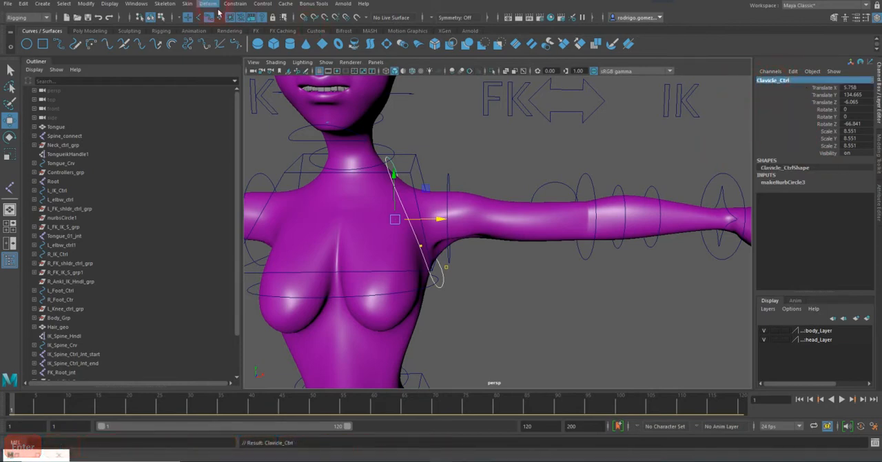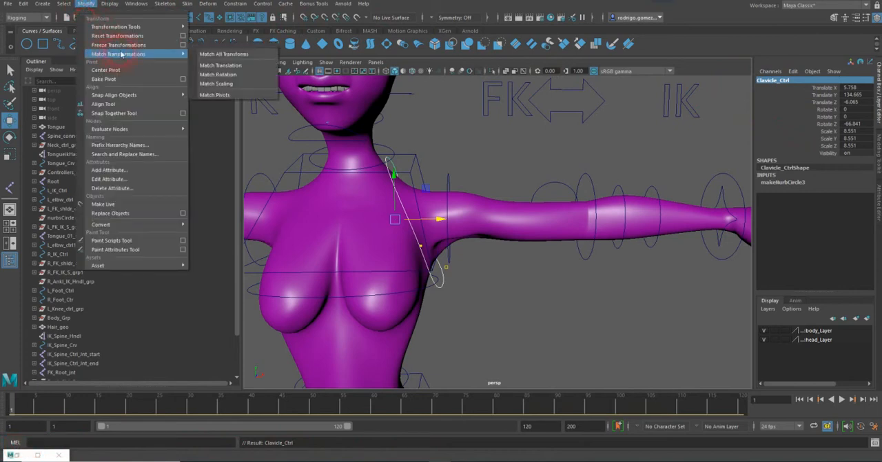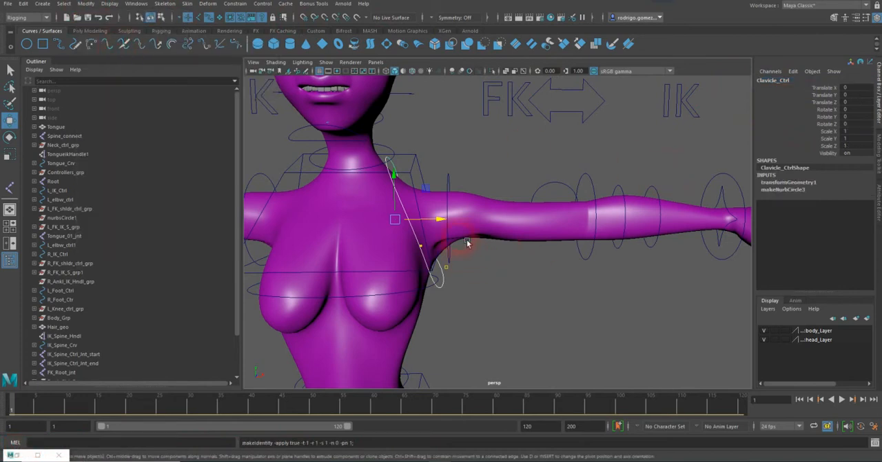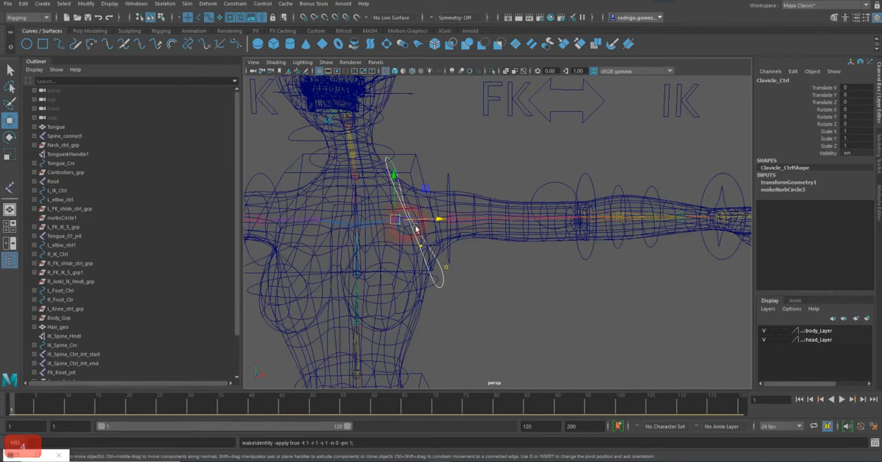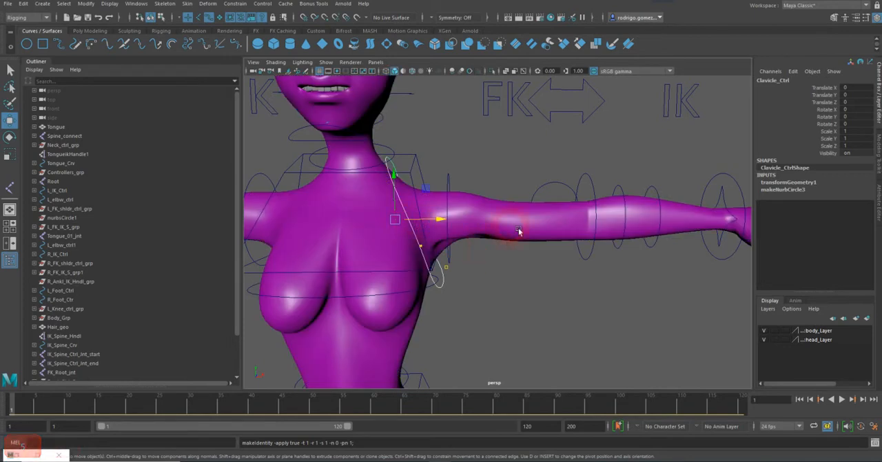Make sure you freeze transformations, and the pivot point, make sure that it's still on the joint. And I'm going to constrain the, actually I should rename it left clavicle, left underscore clavicle. And then we're going to